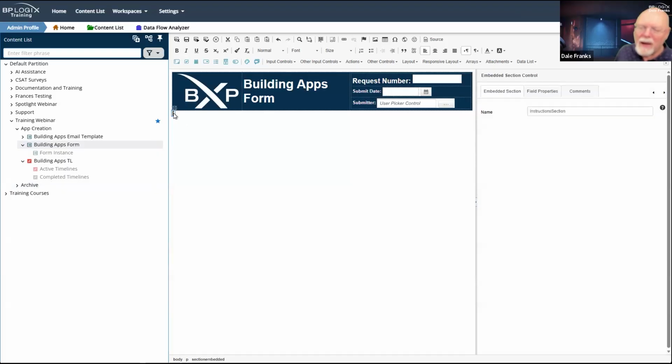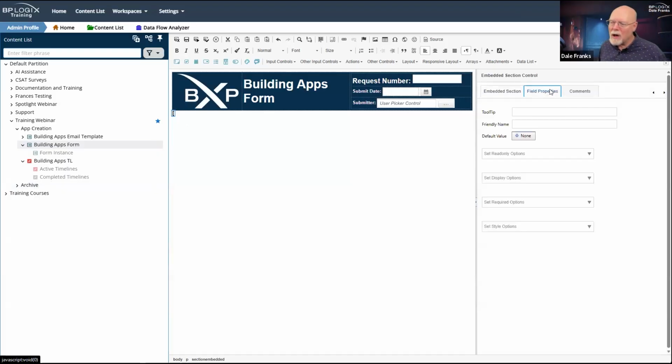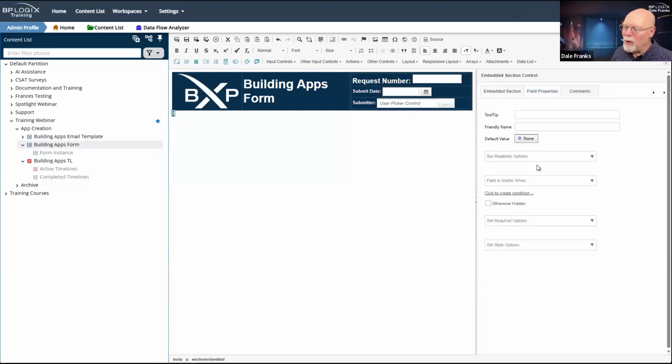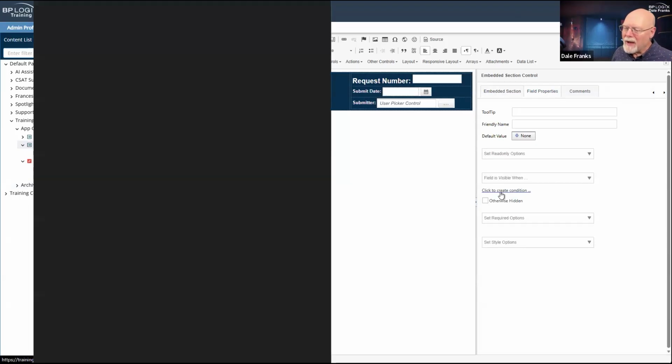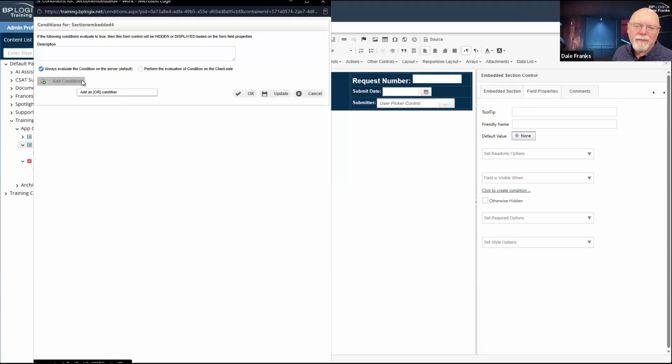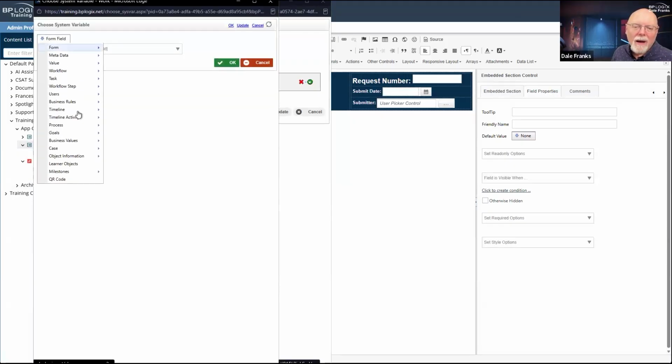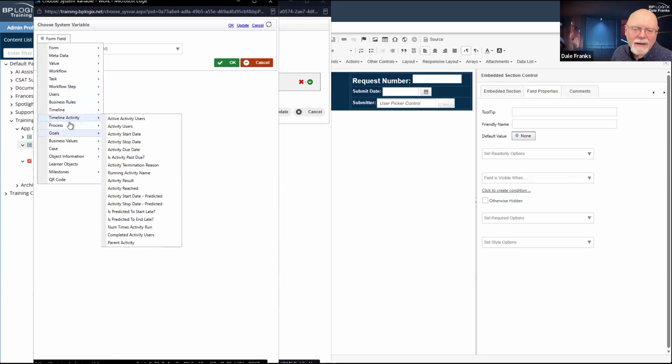So in my embedded section control, my instruction section, I do need to go to field properties, and I do need to set the display option. And I want this as field is visible when, and then I'm going to create the condition. Timeline status.